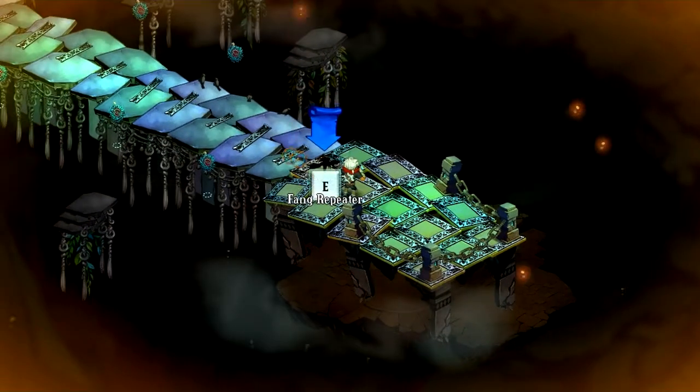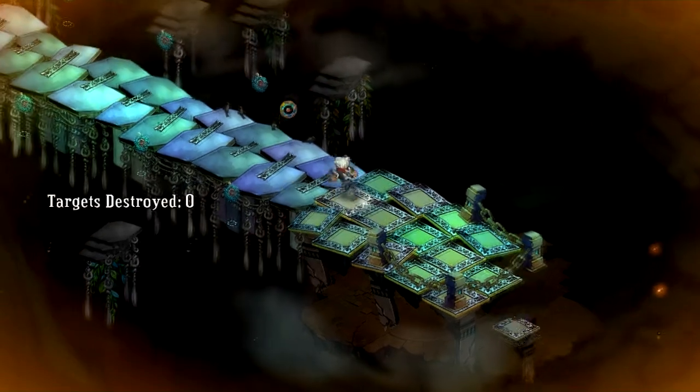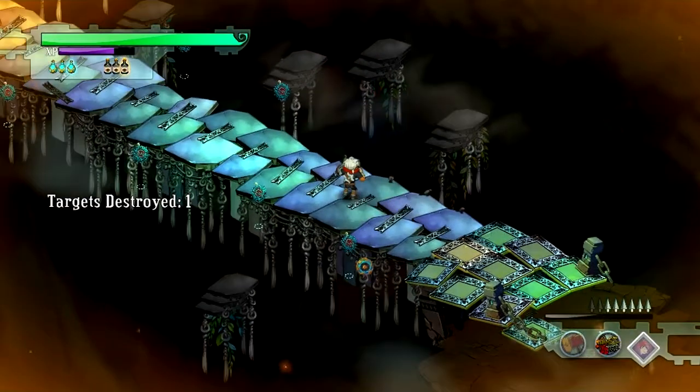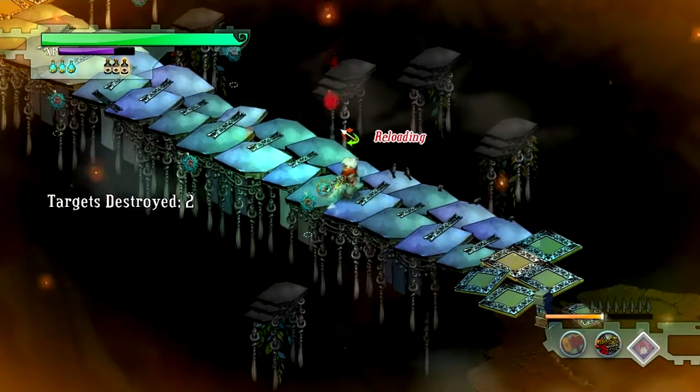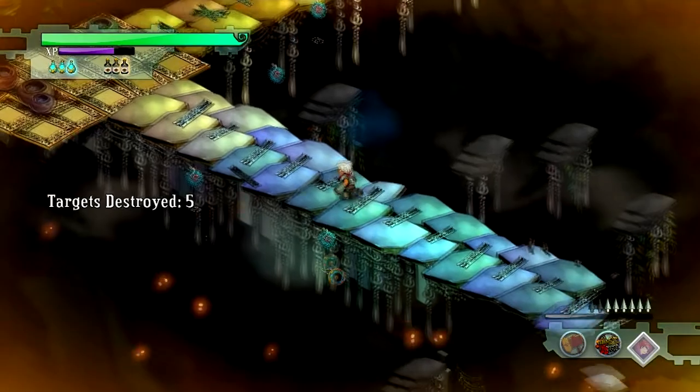So with this one, what we're going to be doing is running down the path, shooting as many targets as we can with the Fang Repeater. Oh god, it's bound to my right click key and I didn't notice it. You can see that there's different colored floors right now. We're on the slow difficulty floors, so...